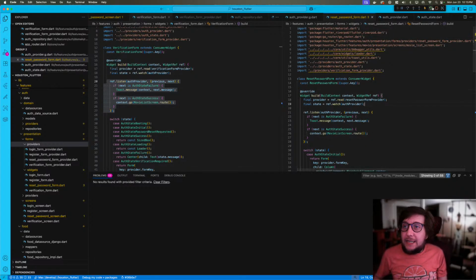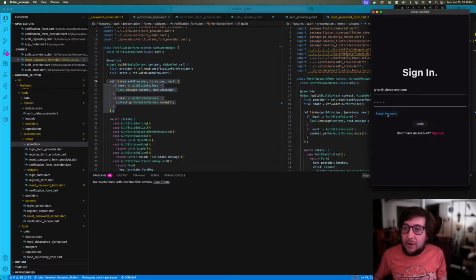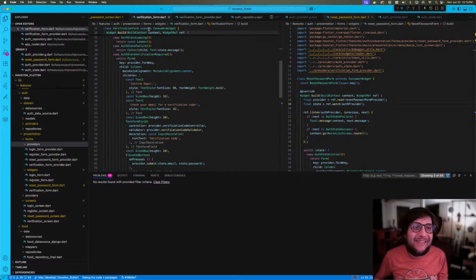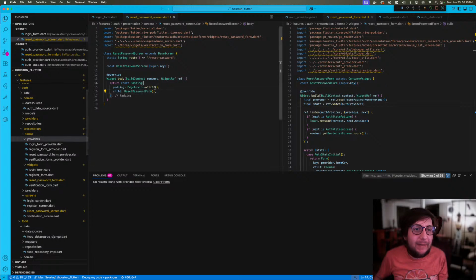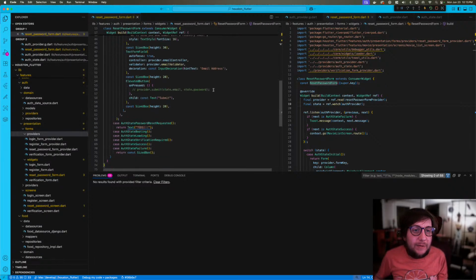Okay, so let's test this out. It's not going to work yet, but forgot password. So if I click submit, yeah, it's like, oh, because we took that thing out. Let's close things we don't need anymore. Reset password screen, I'm gonna open this up. Close it, close it. So we need to actually do provider.submit,